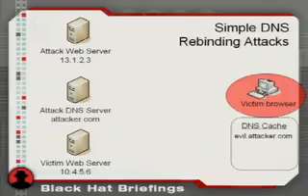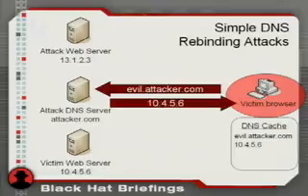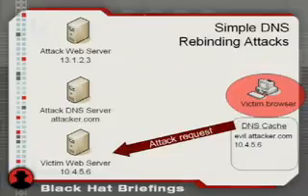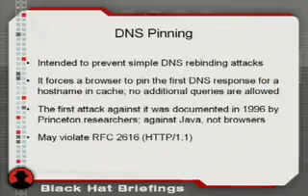Because the IP address is no longer in its cache, the browser sends a new query back to the attacker's DNS server, and this time receives the IP address of the victim server, which is usually on a private network, the same one that the victim browser is on. So the browser allows the payload to connect into the victim server. Some attack is launched, and the response is forwarded back to the attacker. Now, this whole time, the protocol didn't change, the host name didn't change, and the port number didn't change, which